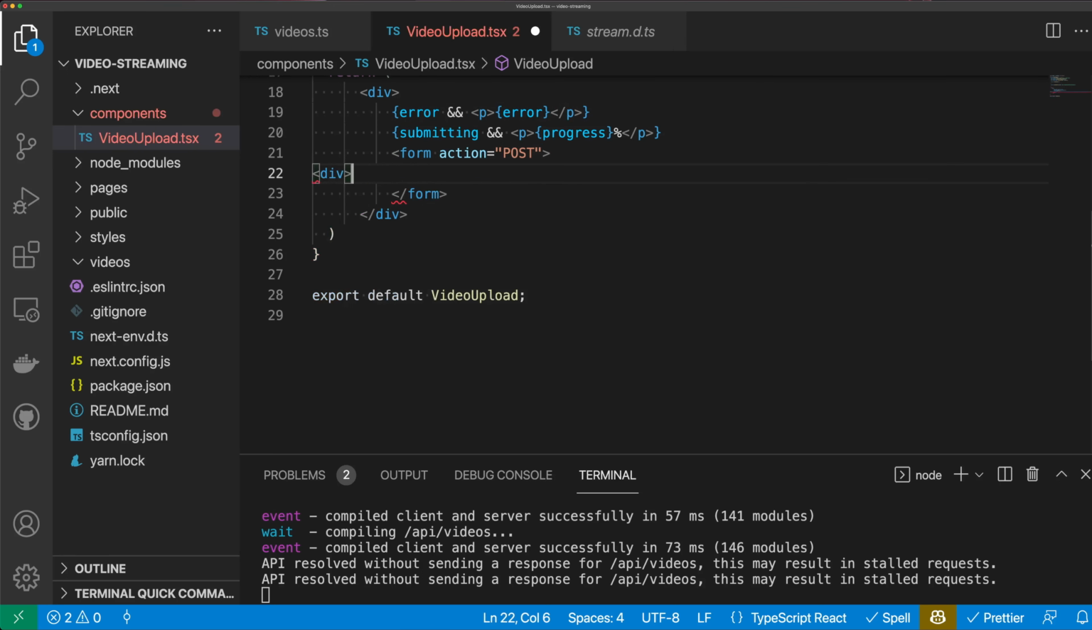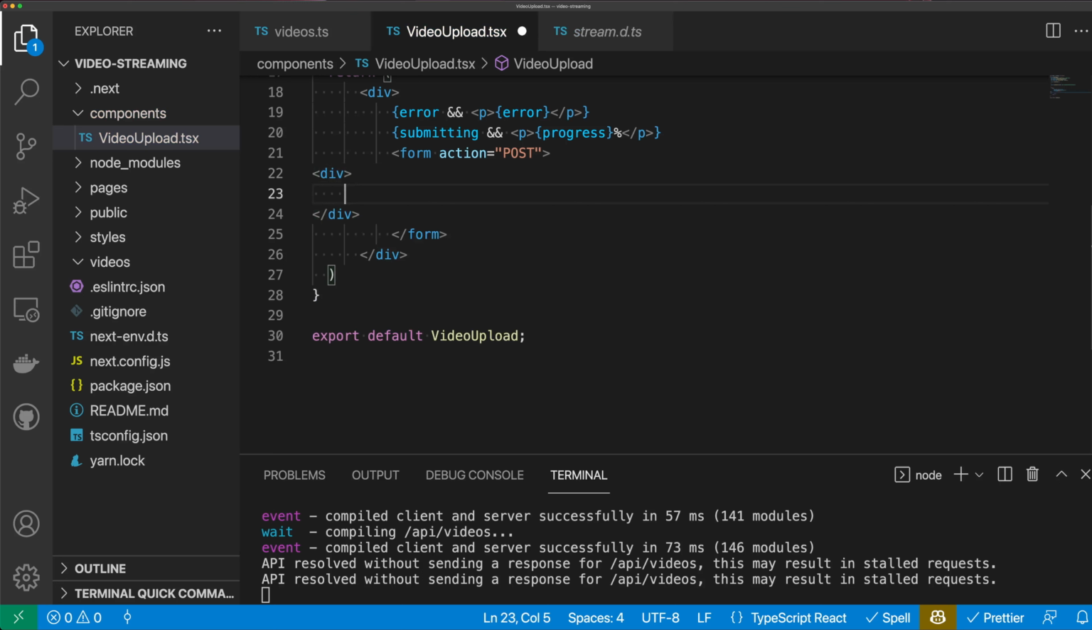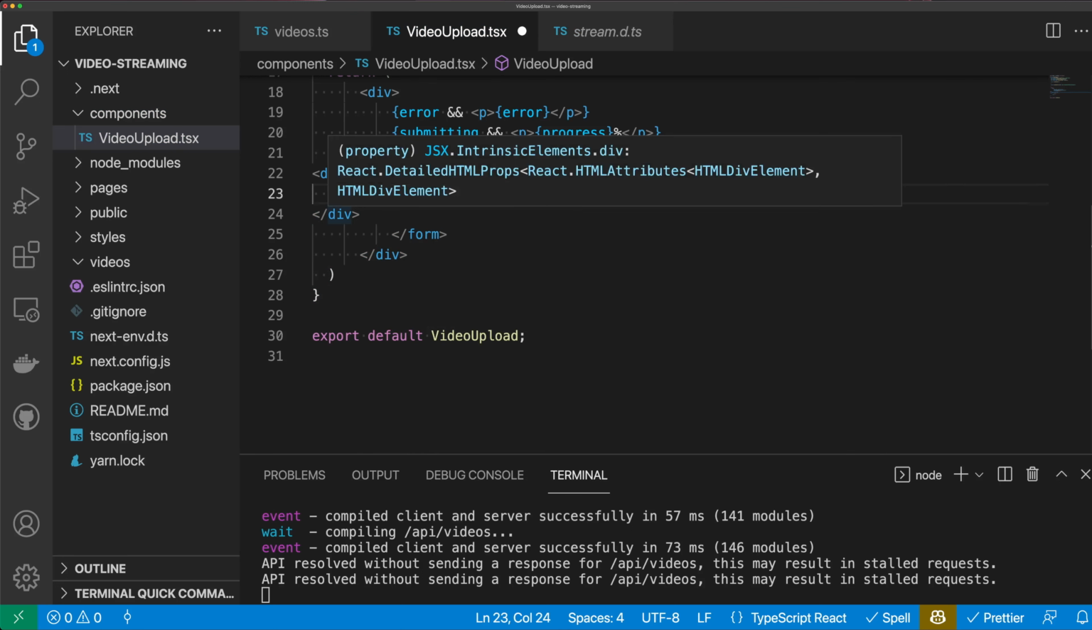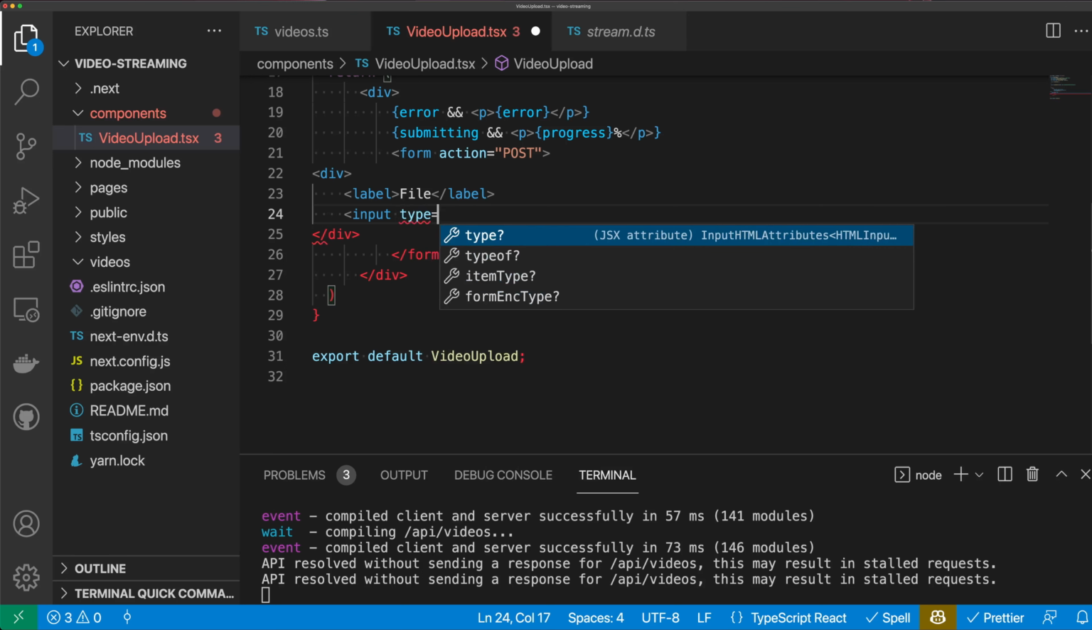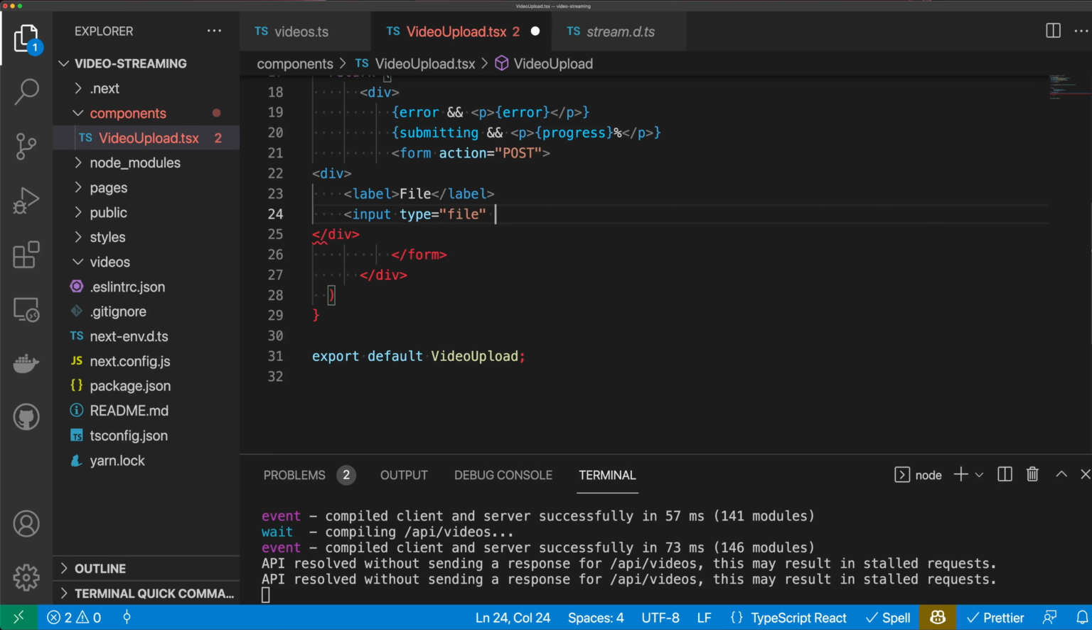Next, I'm going to set another div, and then I'm going to put a label, and the label is just going to be file. Then I'm going to set an input element. My type of the input is going to be file. The ID is going to be file. And I'm going to say accept equals